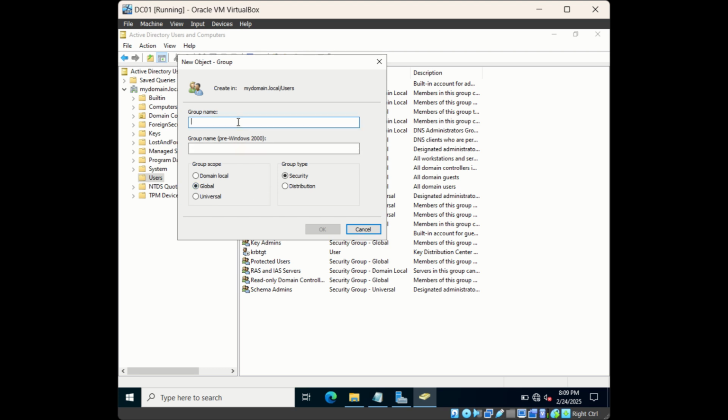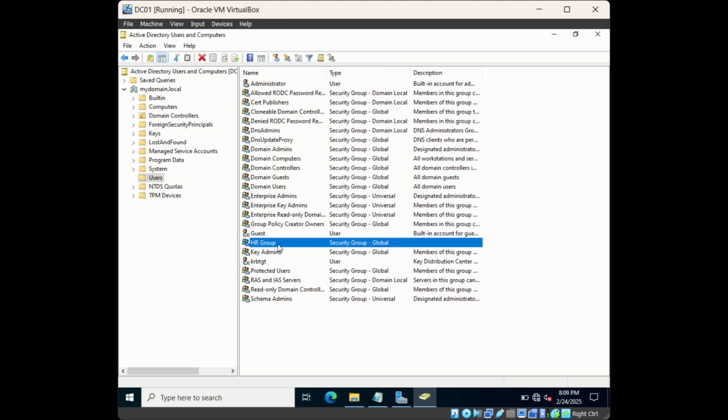And let me give a name to the group. So let's say I'll give the name HR group and then click OK. And now as you could see, new group is displayed here. It shows us the type of the group, that is security group, and it also displays group scope, that is